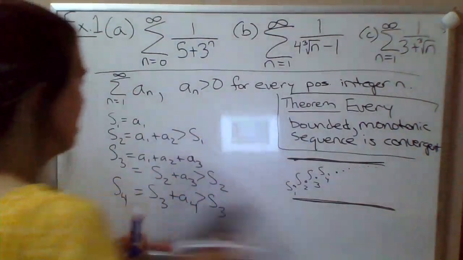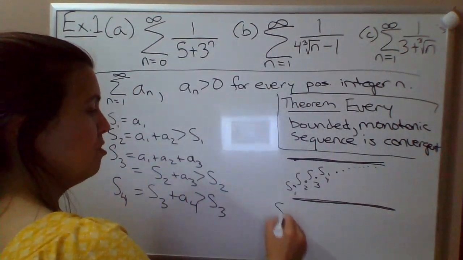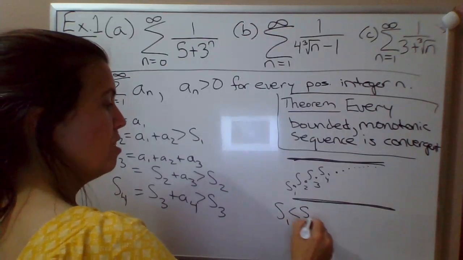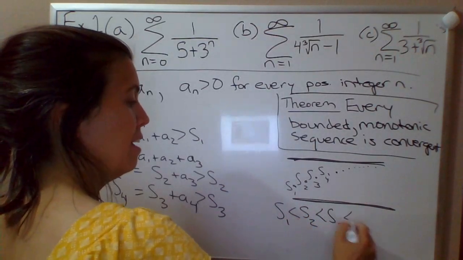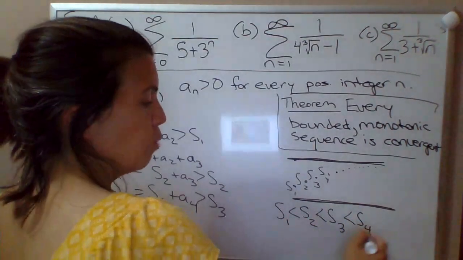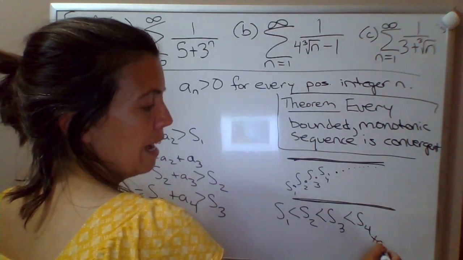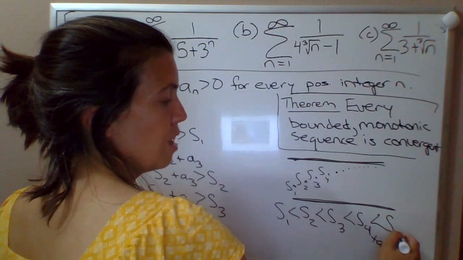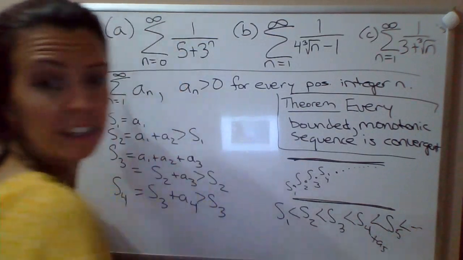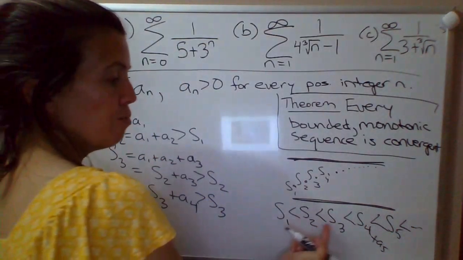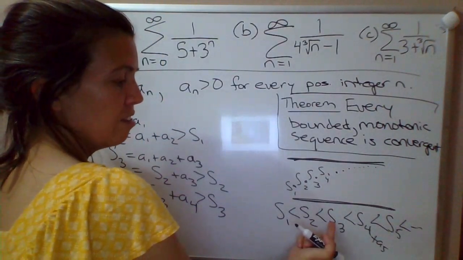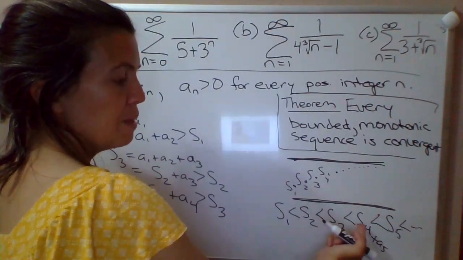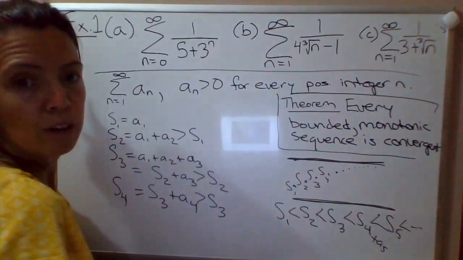So tying that together, what I've established is S2 is greater than S1, S3 is going to have to be bigger than that, S4 would be bigger than that, because we're always adding something positive. Now I'm going to add A5, which is positive, so S5 is bigger. Okay, and it would continue like that. So the sequence of partial sums is monotonically increasing. Each successive partial sum is going to be greater than the one that came before it, because you're adding something